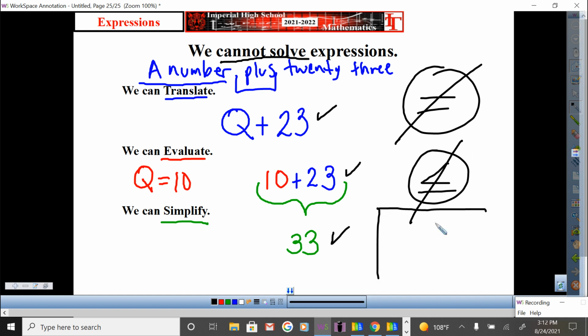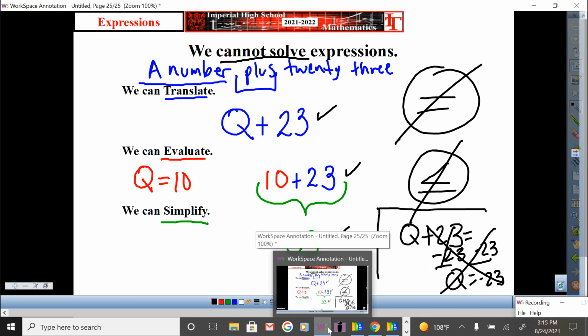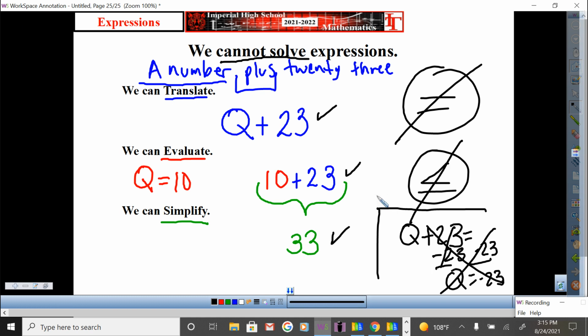Now, let me show you a mistake that some of you made in the past. I'm going to do that right here. Let's say your teacher gave you this, Q plus 23, and they said, evaluate that given whatever value they gave you. But maybe you didn't understand quite what evaluation and simplification means, and some of you started doing this. Oh, okay, I need to subtract 23, and then Q equals, well, guess what? This is incorrect. Why? Because the expression doesn't have any equal sign. We can't solve it. Does that make sense? Yes? Okay. Good refresher so far?